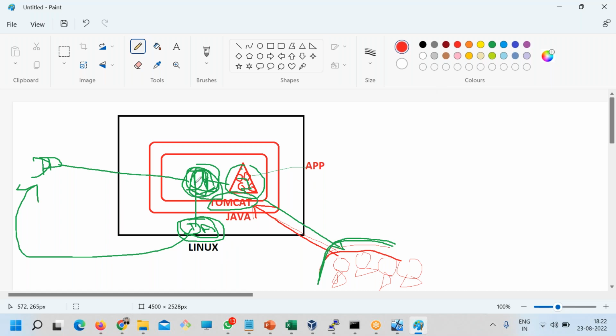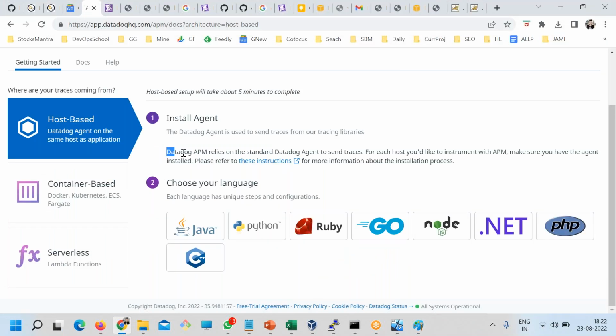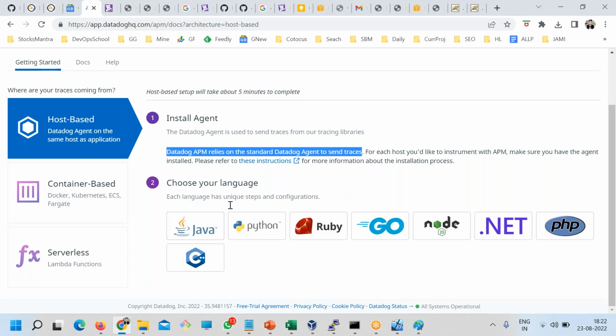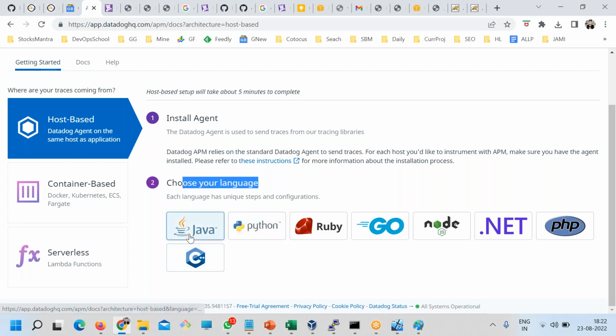Yes. So actually this agent sends all the data to this agent, and this agent can send to Datadog. That is what it's saying. See here, Datadog APM relies on the standard Datadog agent to send traces. In fact, you can configure it to send directly also. Some configuration is required. Now, which programming language do you have? It's Java, you have Python, Ruby, Go, and all these programming languages which are supported by